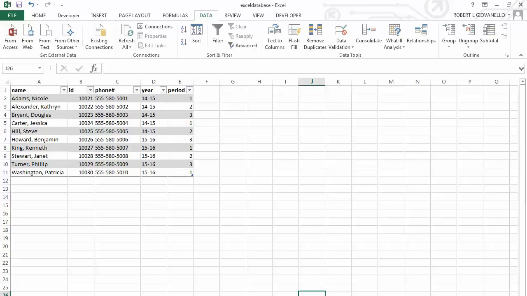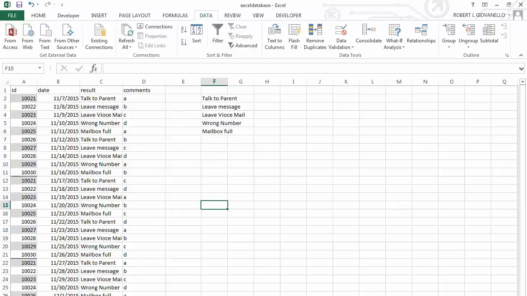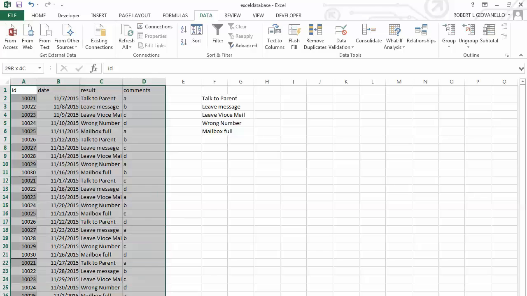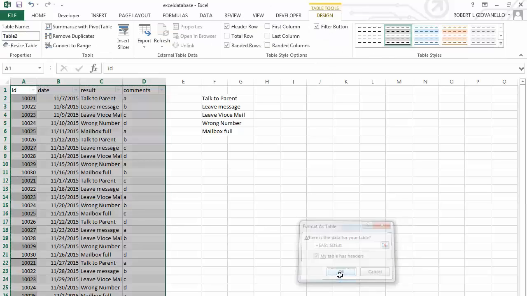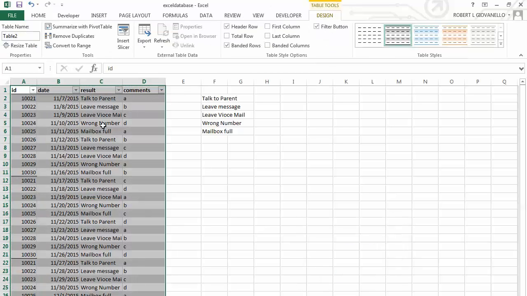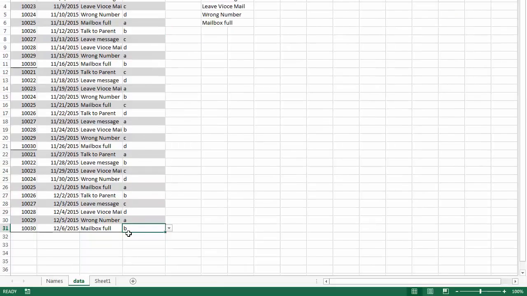All right, so we have our biographical table and we have our data, which I just made up, including the drop-down menu. One thing we do need to do is format all of this as a table as well. So let's go back to Home. We're going to format it as a table. So now we have our information, and then what you would do if you wanted to add more information to it is you would just tab it down,